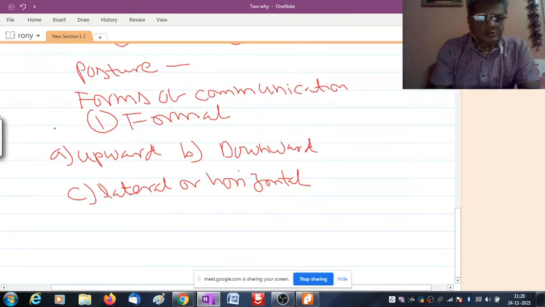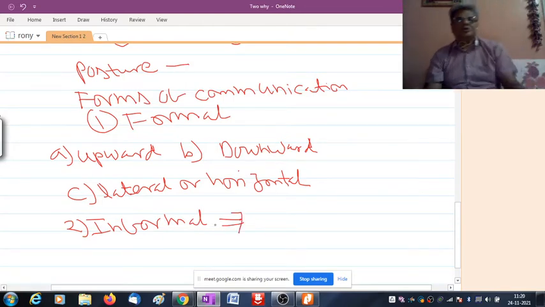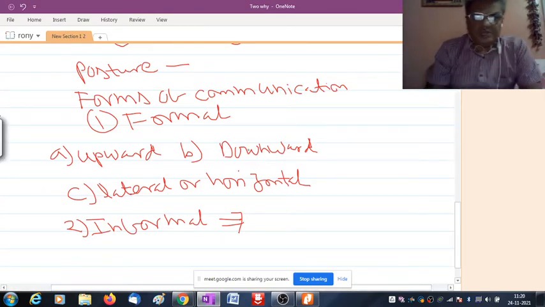Then comes informal. Now what is informal? It means gossip or babbling away. You know the word babble away means idle chatting. It's called informal. And in management there is a term called